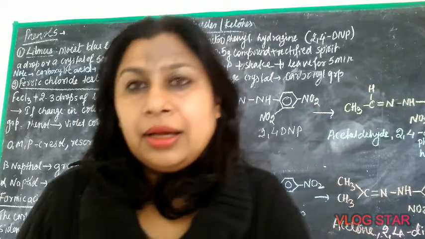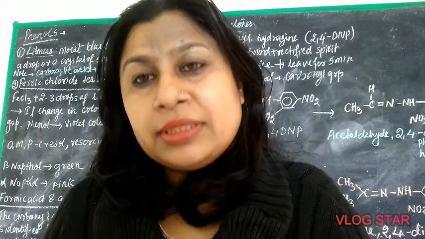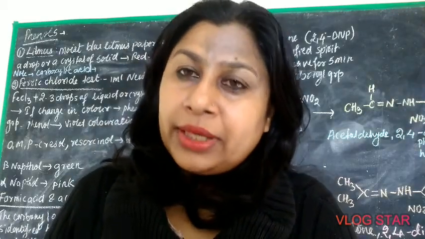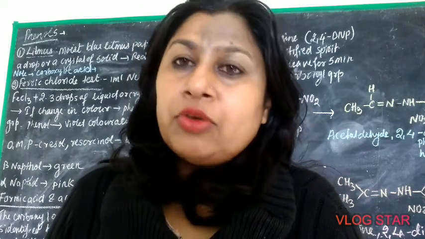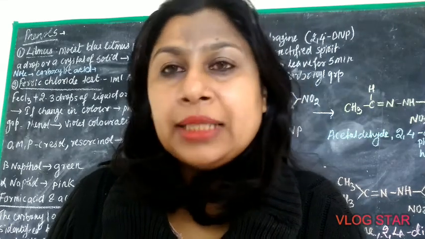So children, now the next functional group, that is phenols. Compounds that have one or more hydroxyl groups attached to an aromatic ring are called phenols. The most common example is phenol itself. The formula is C6H5OH. Other examples are